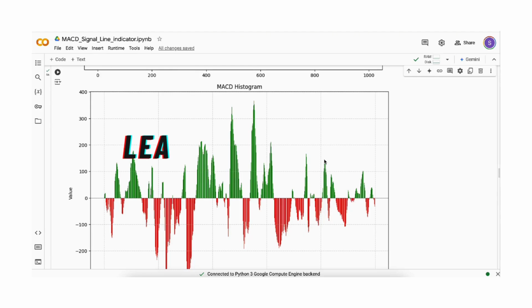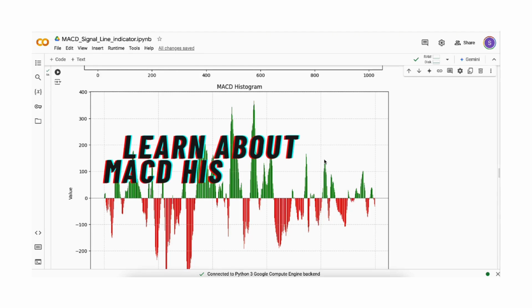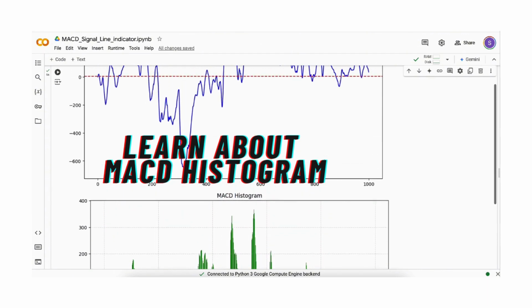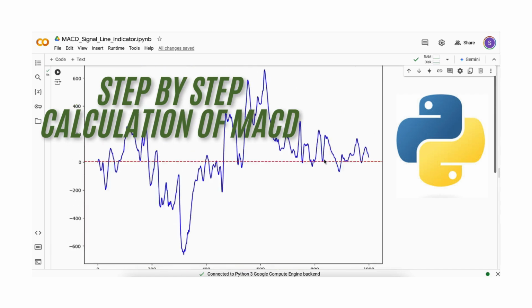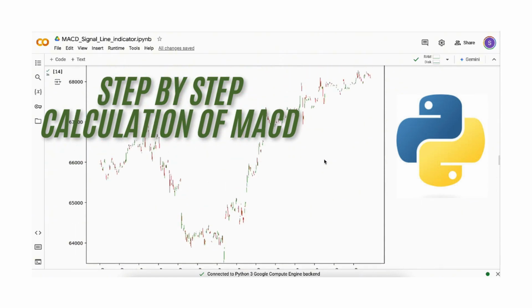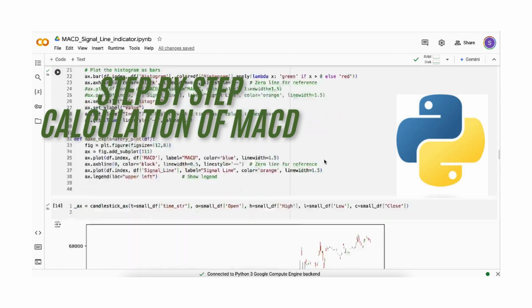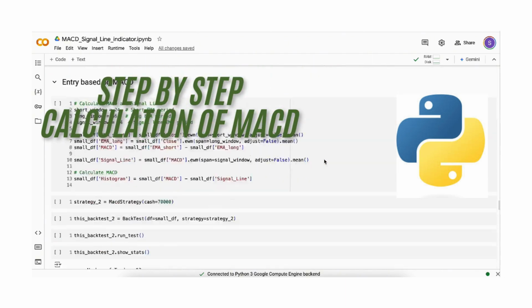Hi everyone, in this video we are going to learn about MACD. You will learn about the various steps involved in the calculation of the MACD histogram in Python. I'll also teach you how to code this up in Python and also to backtest this trade using MACD, and